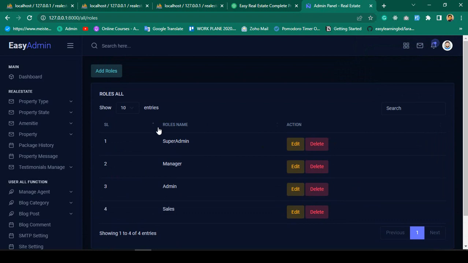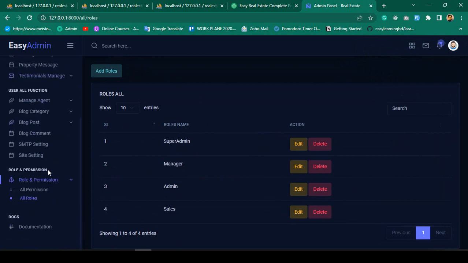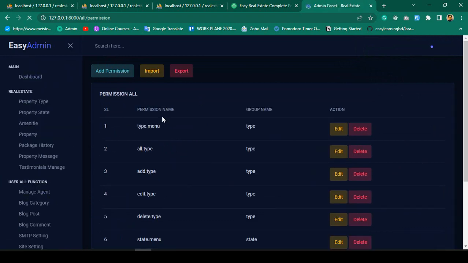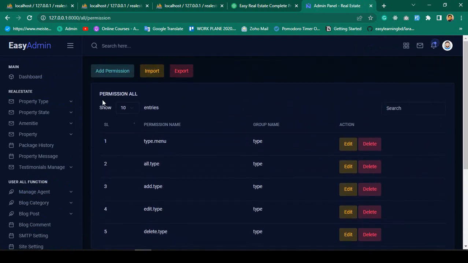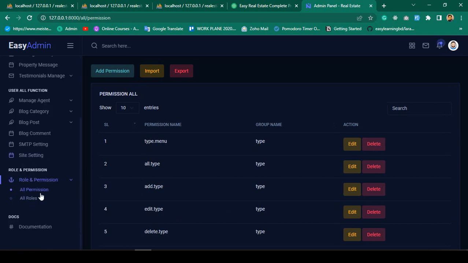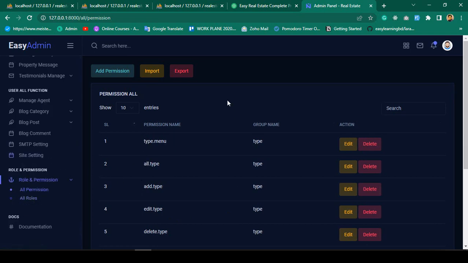Great. So friend, we have successfully done our role part. We have also successfully done our permission part, right? Now we have to actually add multiple permissions. So now I want to add all our permissions to this particular role area. Okay, so how to do this work, in our next video, step by step I will show you everything